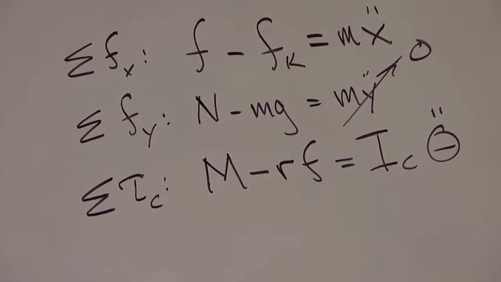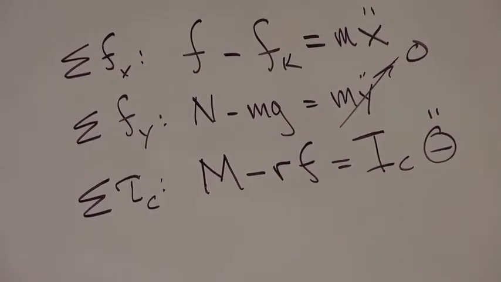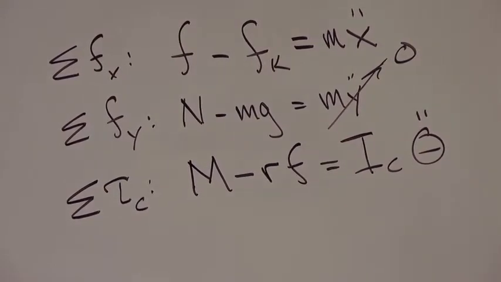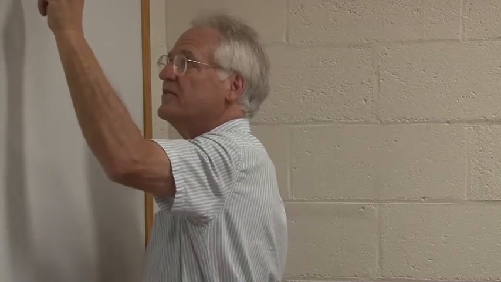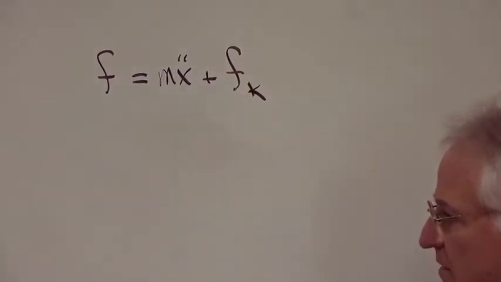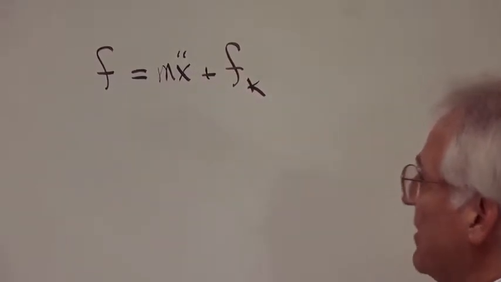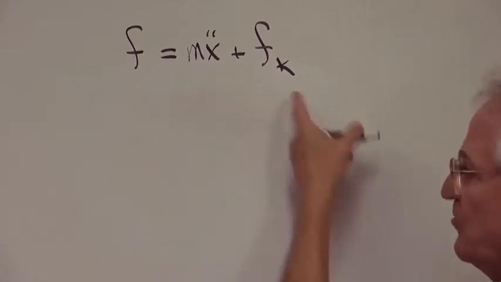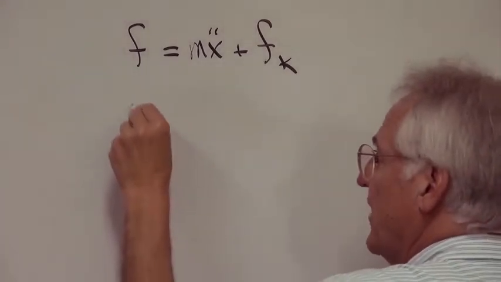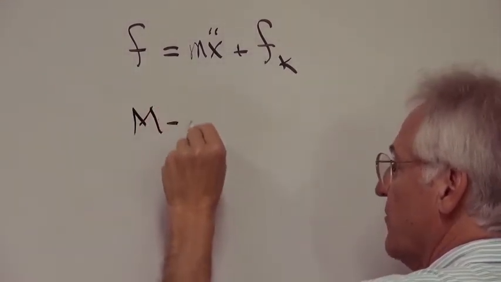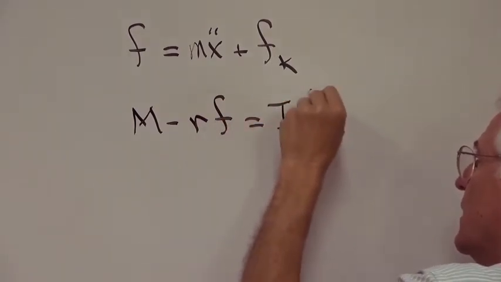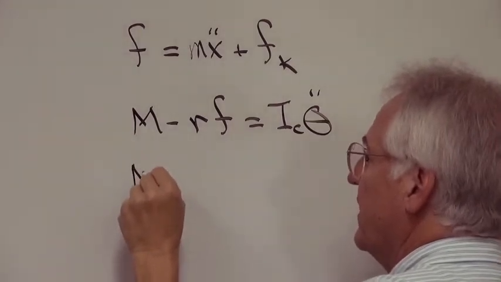Okay, with these three equations, now let us undertake to eliminate the unknown friction force. So from the first equation, we will simply rewrite this such that F, the friction force, is equal to m x double dot plus F sub k. And so we'll then substitute that into the third equation. The third equation looks like this. So substituting that in,